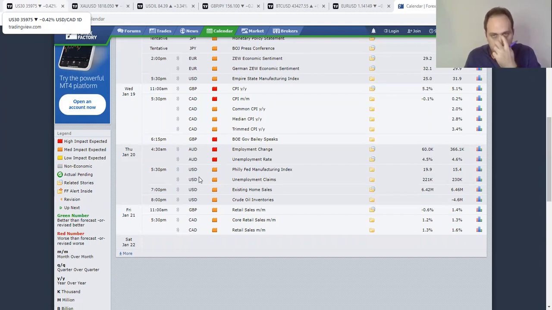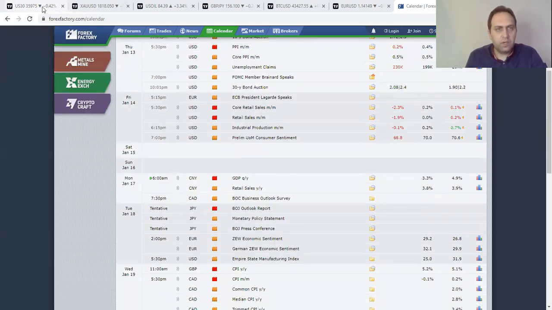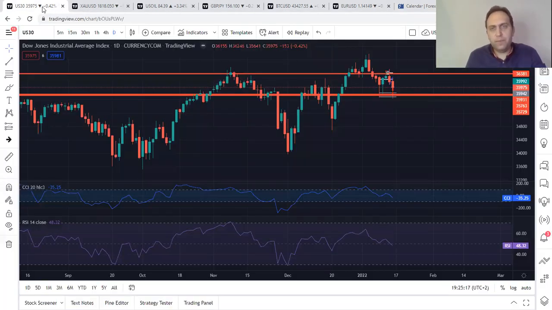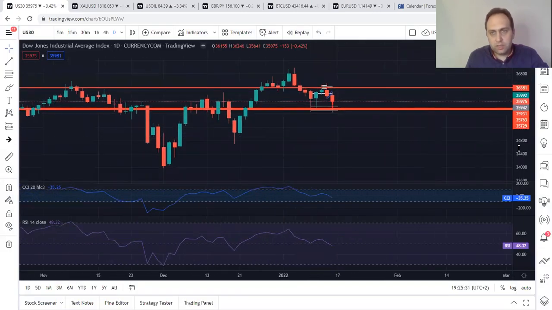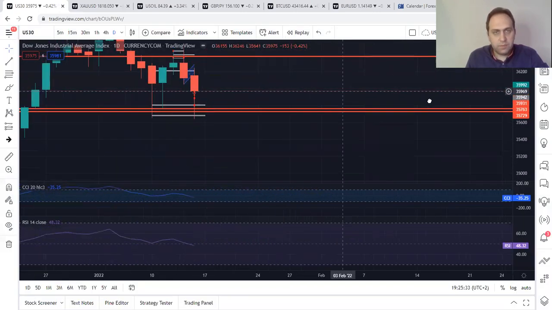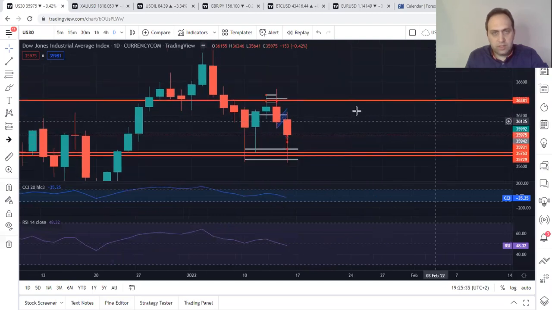AUD for Thursday. Okay, no big news, but there are some news. Not very important news, but in any case there is some. We don't care a lot about these kinds of news because we base our trades on technical analysis. It is the basis of our trading. So we will start with the Dow. As you saw last week, the Dow Jones was working amazingly.